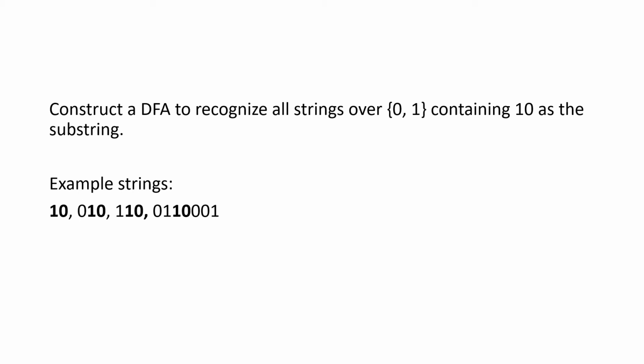I have to construct an automaton that generates strings, but those generated strings must contain 1, 0 as a substring. For example, this can be a very simple string which contains only 1, 0, or it can be 0, 1, 0, 0. Whatever it can be, a 1, 0 should be part of the string that is generated by the automaton. So from these example strings, what do we infer?